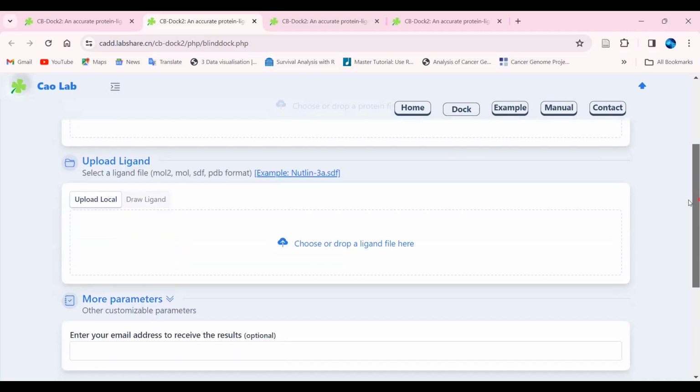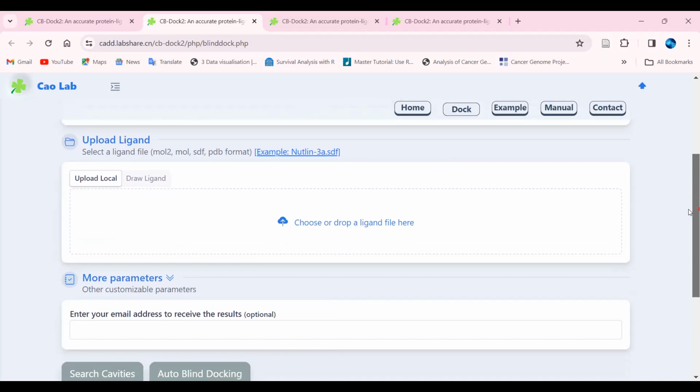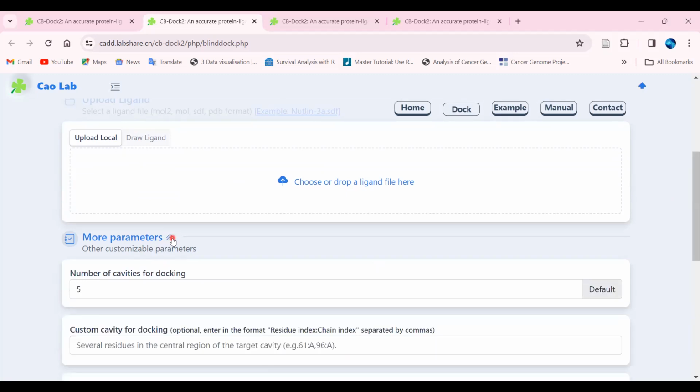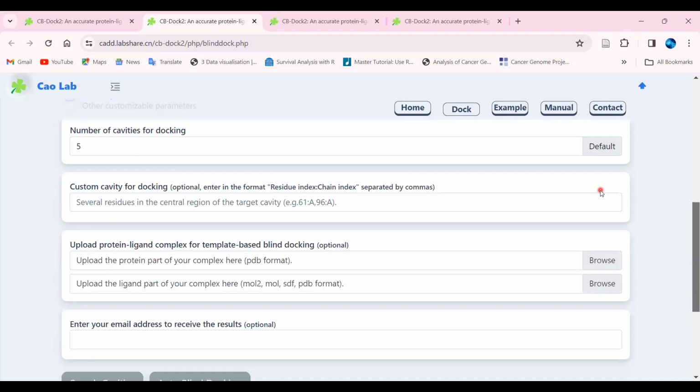Once you have provided both the ligand as well as the protein, you can even add more parameters, like customize your search, which is the number of cavities it will provide you for the docking: 5, 3, 2, whatever you mention, or you can go with the default one.